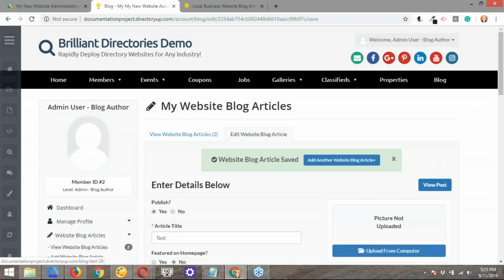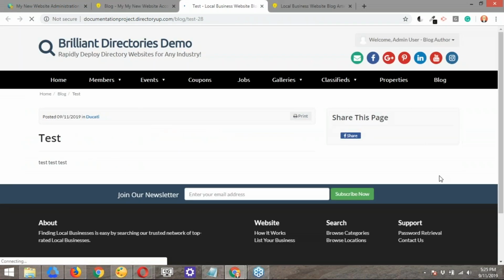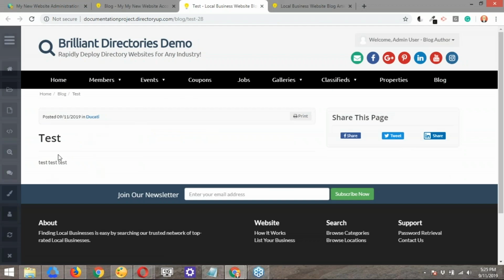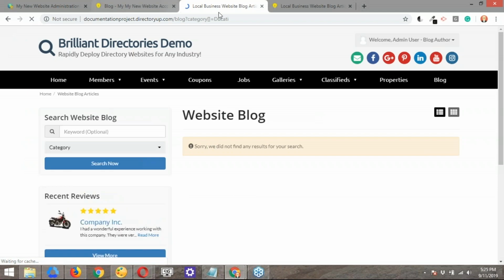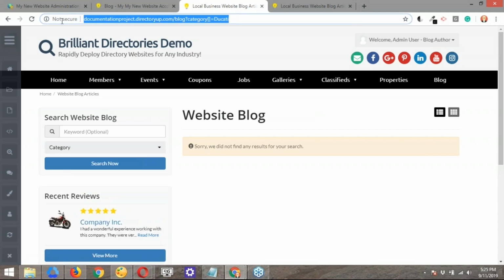All right, so publish. Let's go ahead and view the post. All right, so no picture, it's very basic, right? However, as you can see here, in the breadcrumbs, there's a link to that specific category, meaning that if I click here, I'm going to have a direct link to the website blog that has that category selected. Let's go ahead and copy this link here that we have, which is the URL, including the category that we just added, which is going to be the search results for all blogs that have blog posts that have that category selected.